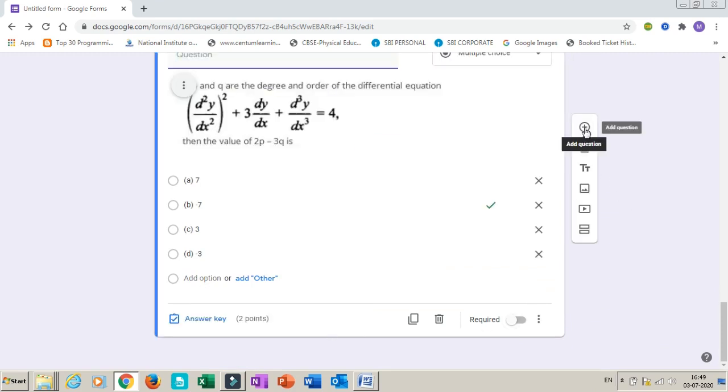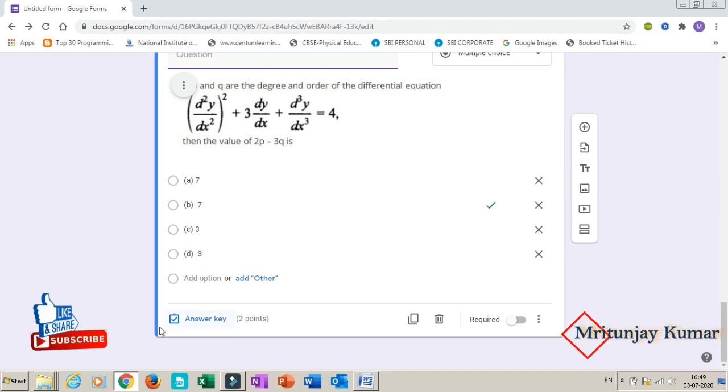You can see here, this is an import question. You can import the question from another page also. If you have already created the question paper, you can save that question paper in Google Drive or somewhere else, and you can import the question. You can directly select the question and the question will be imported here. Second is add a title and description. You can add the title and description for each category. Now next I will again show you add a question.